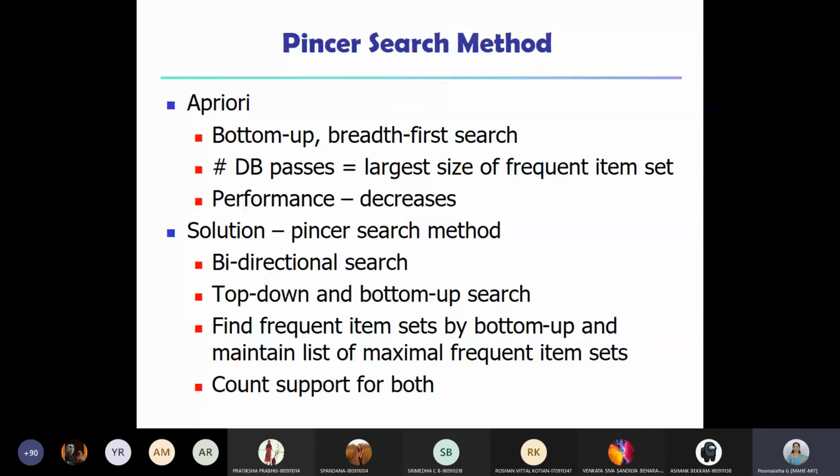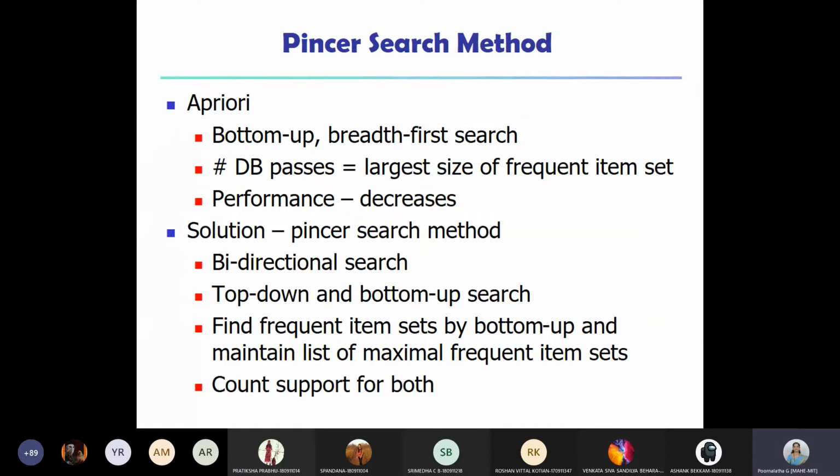So it's a bidirectional search. In apriori, what we did is it's one direction, right? First all the one item sets, then two item sets. We are moving from bottom to top, in only one direction. So here in pincer search, the idea is why go for only a one directional search, why not bidirectional? So here they try to search for the frequent items based on both top down as well as bottom up. So we are trying to search for the frequent items in two ways.